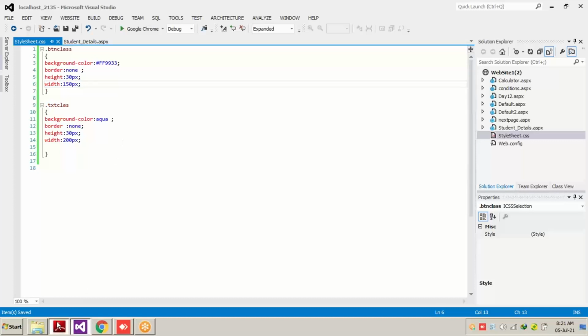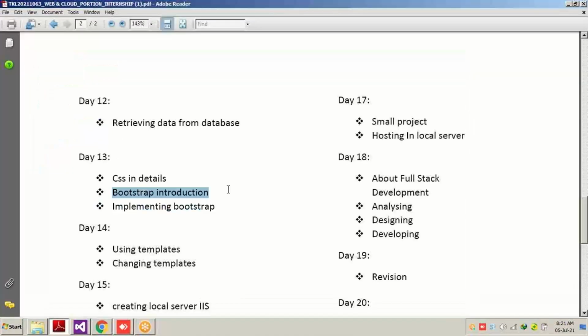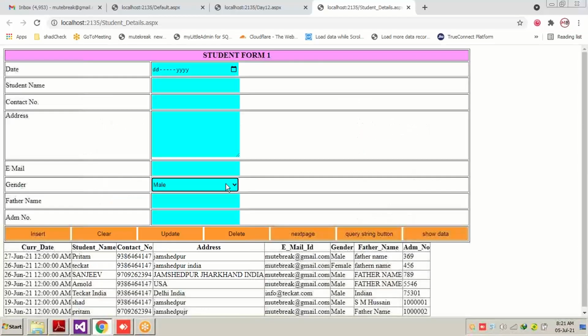Now our next topic is the Bootstrap introduction and implementation of Bootstrap. So what is Bootstrap? Bootstrap is nothing but a group of files containing CSS and JavaScript files. Okay. So for a bigger project, what we do in today's world, we all know that most of our